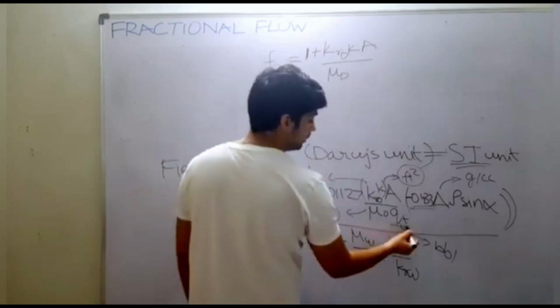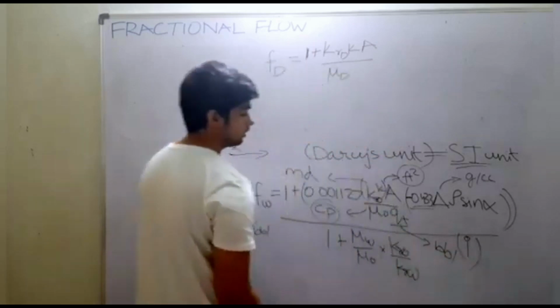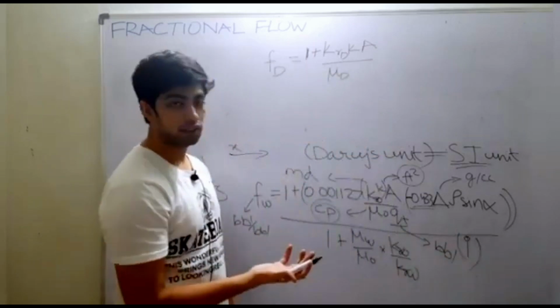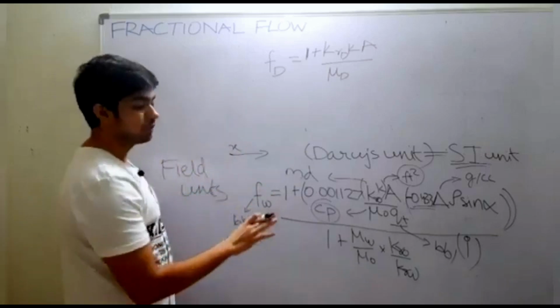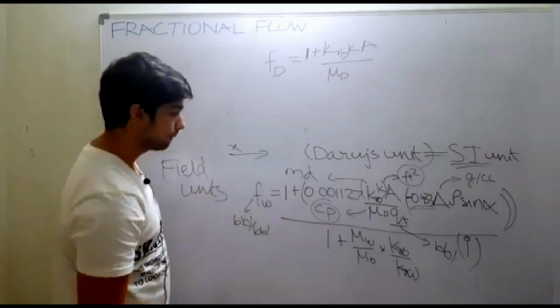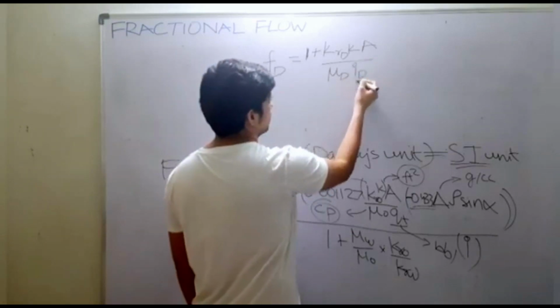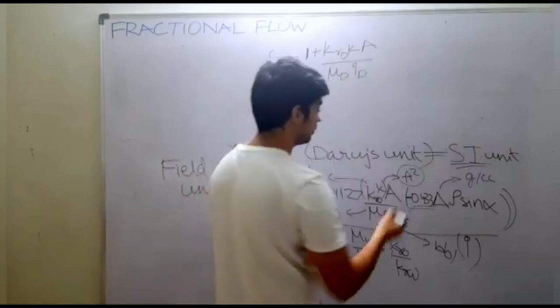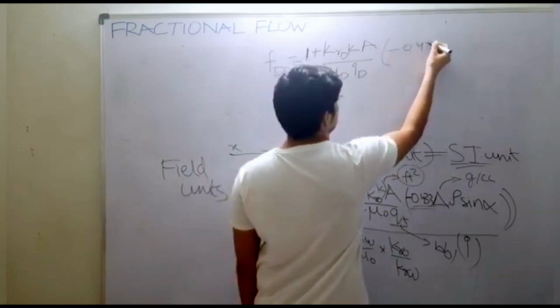Now this QT can be replaced by injection rate, because injection rate is the only thing which is pushing the fluid, or responsible for any kind of movement in the reservoir. So we will replace this with the injection rate of the displacing fluid into minus 4.33